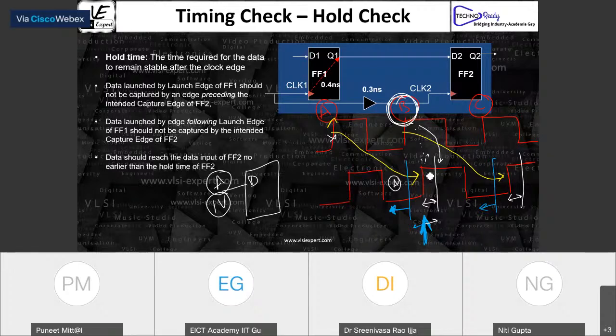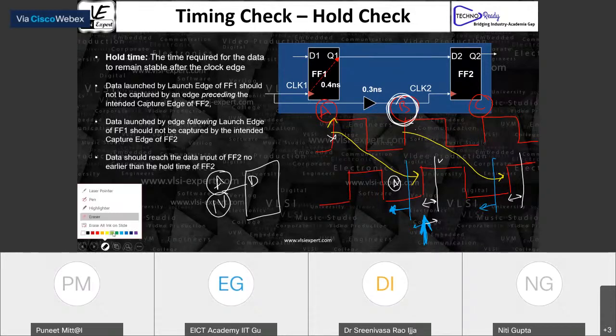So how are you going to do that analysis? You will say, now I have to make sure the data B should not reach before this line.